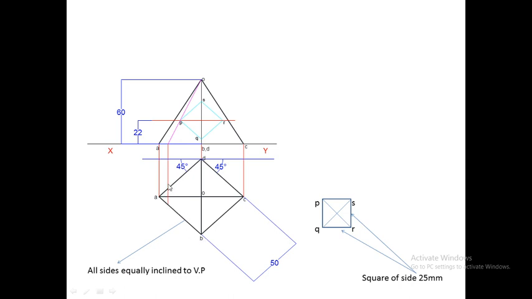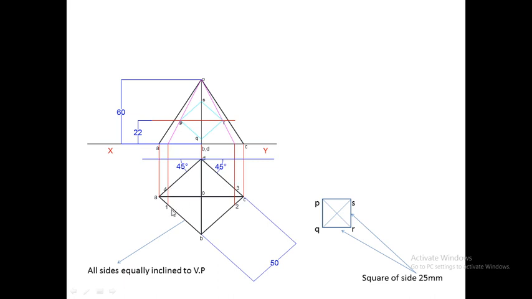point 2. Similarly, now we will draw the extra slant edge passing through point R. After drawing the extra slant edge, we will project it into the top view. So after projecting, this line cuts the side DC and BC at this point and this point respectively. So we will name these extra points in the top view. So first point 1, 2, 3 and 4. So we have named all the points where these projection lines cut the side of the square. So we have got 4 extra points, 1, 2, 3 and 4.